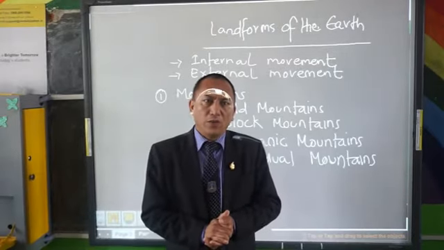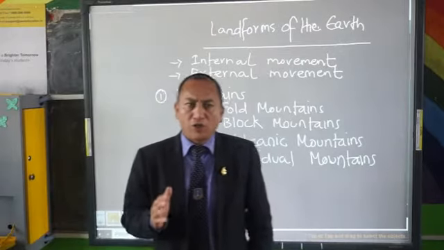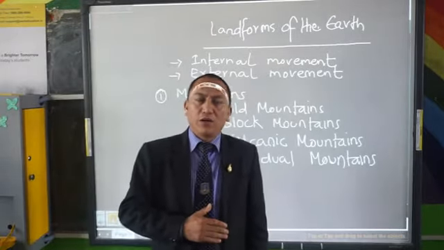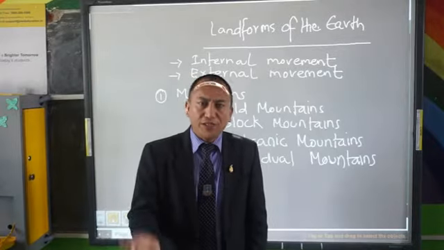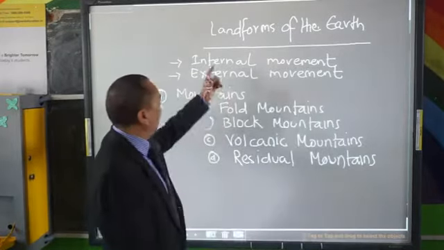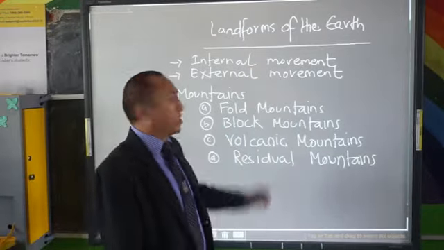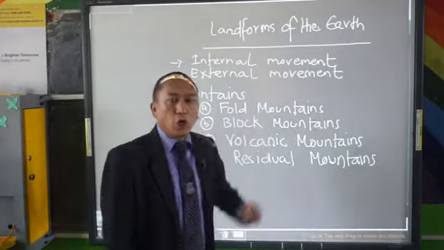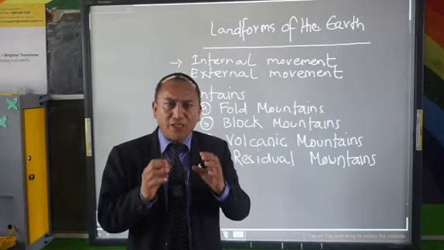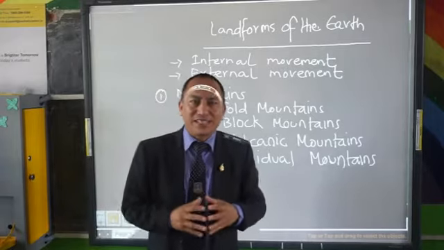that comprise the different landforms that we see on the surface of the earth. Now, these landforms are created on the earth's surface mainly because of two important movements that take place either on the surface of the earth or inside the earth. These two movements are called the internal movements or the endogenic movements, and the other is called the external movements or the exogenic movements. These two movements play a very vital role in shaping the different landforms